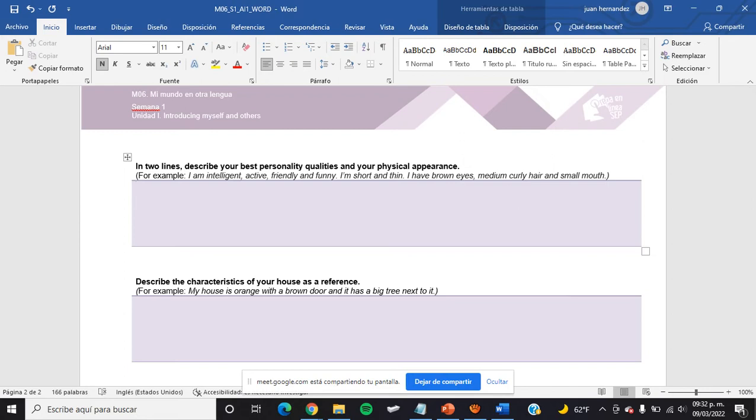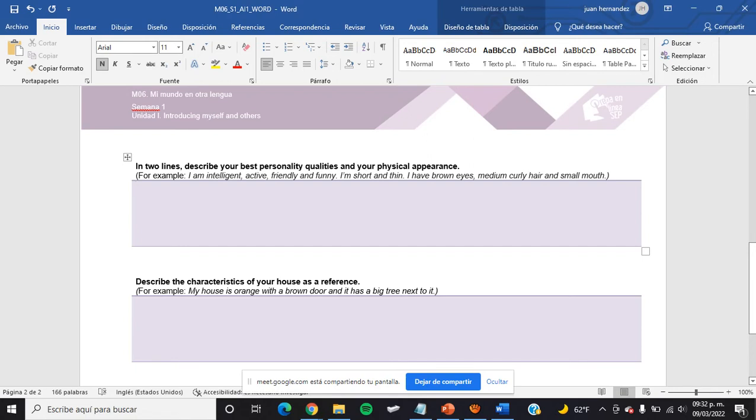When I finish the class, I'm going to share with you a picture with words that can help you describe your physical appearance. For example: I am intelligent, active, friendly, funny, I'm short and thin. I have brown eyes, medium curly hair, and a small mouth. In my case, I don't have a small mouth.